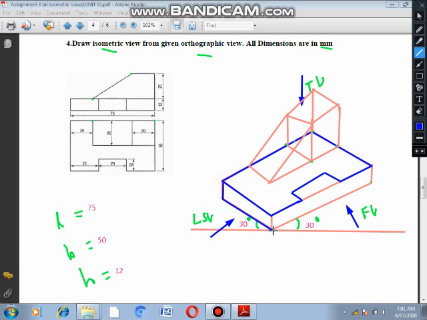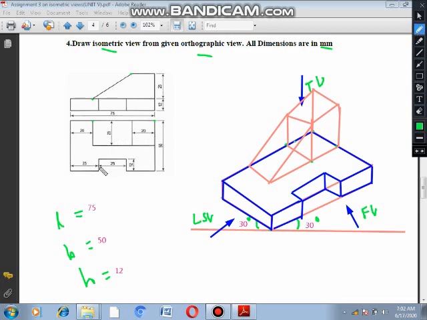Now this is the dark line. This is the dark line. Okay. And from this point 12 mm, every corner draw the 12 mm. And from this corner 12 mm, and from this corner 12 mm, and you can join like this, and you can join like this. Okay. Right. Like this we are having joint. Like this. Okay, this is from the front side.